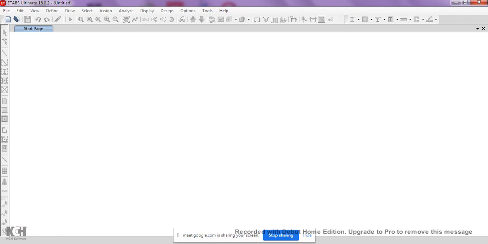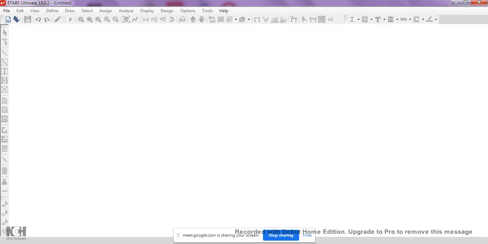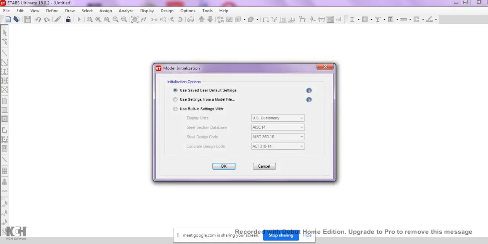Since the internet is connected, it will take some time for the tabs to open the first time, because pages will get loaded, like news or something. Okay. So you have to use the option, use built-in setup.